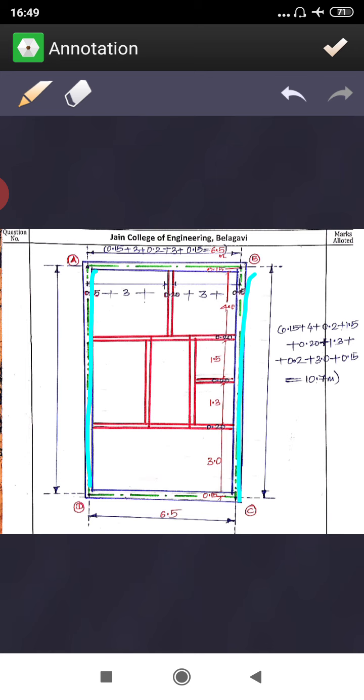So center to center I have written here, it is 10.7 meter this side, and 10.7 meter this side. So both AD and BC are the same, so I'll be making them as two long walls, and I'll have two short walls here, BC and CD. Both are my short walls for 30 centimeter joining wall 30 centimeter, right? So here the distance is 6.5, the same distance you are going to have here.